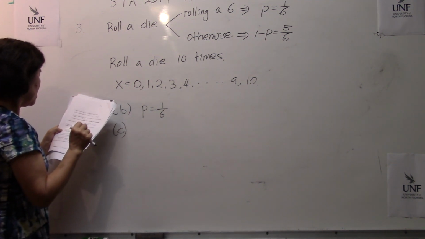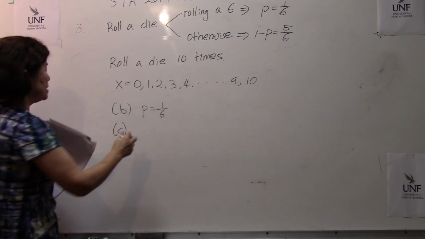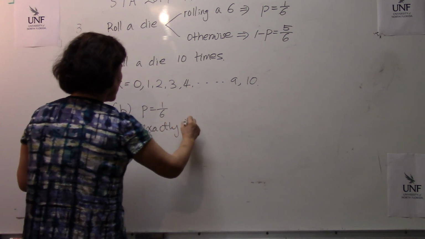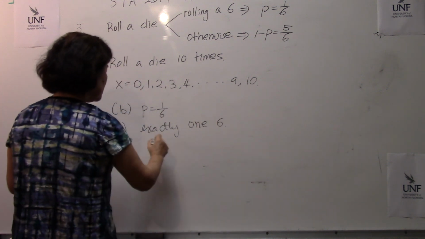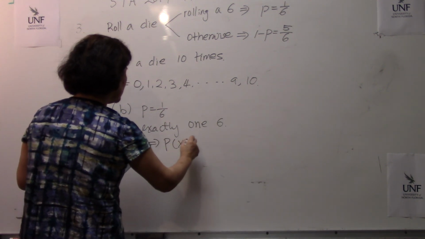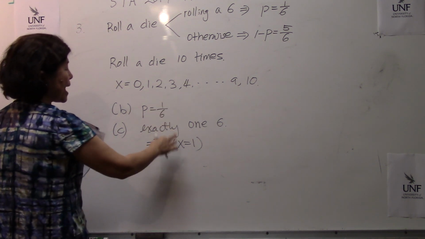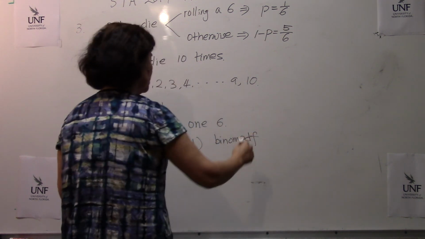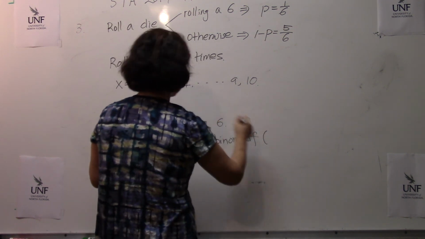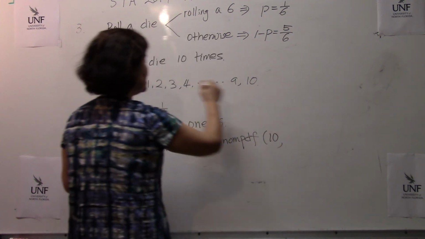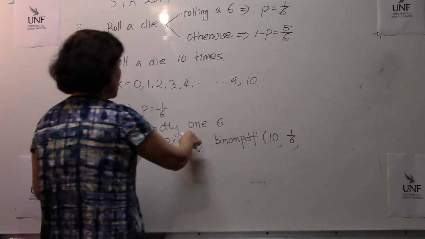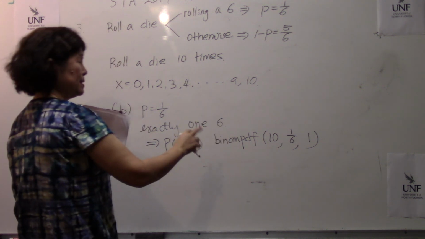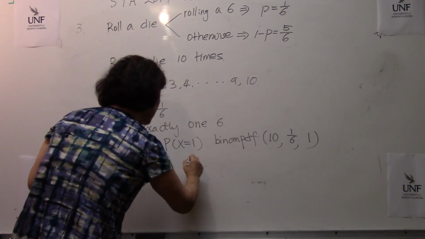Let's compute the probability of getting exactly one 6. So that means probability that x equals 1. So it's pinpoint x equals 1. So we are going to use binom PDF. How are we going to set up? Yeah. The number of trials, that is 10, and success is 1 over 6, and we are interested in just 1 over here. In case you are interested in doing it by hand, that means combination